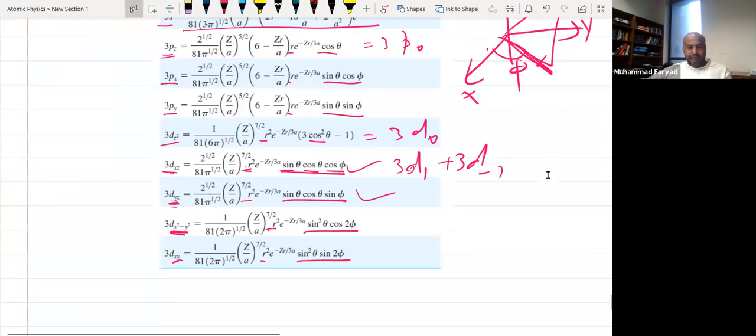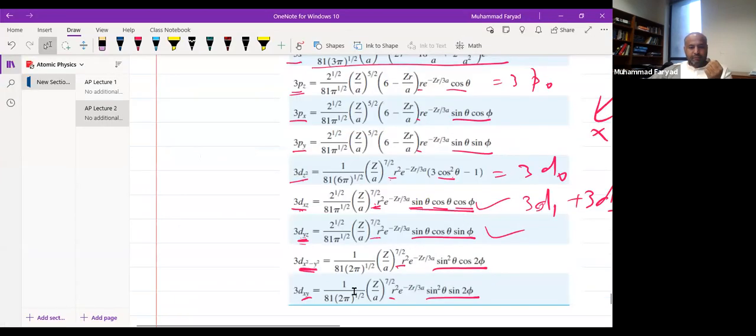Okay. Any question about the labeling? Perfect. So